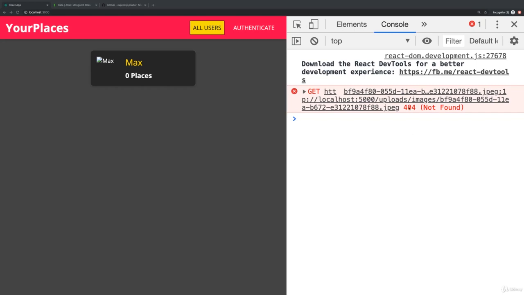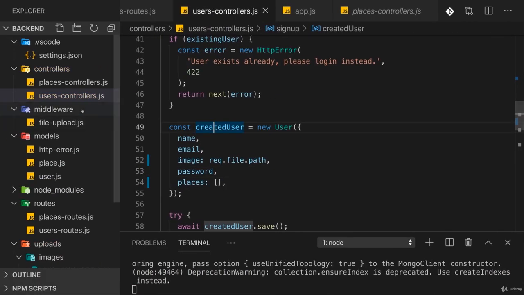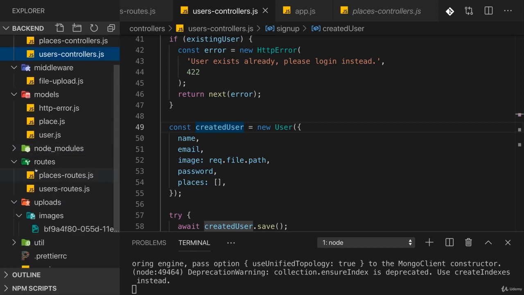We're still not seeing the image here, despite using a correct URL, because there is something important you have to understand about the backend code, or the way Node Express works, and servers in general work. By default, none of the files on the server side, so in our Node Express app, are accessible from outside the server. And that's good, because otherwise we could just enter localhost